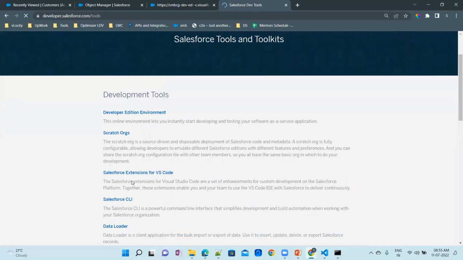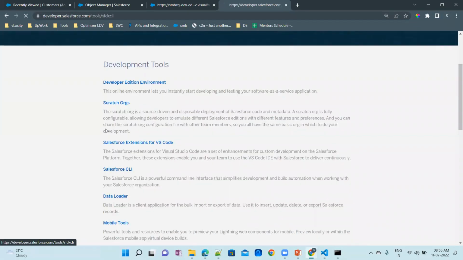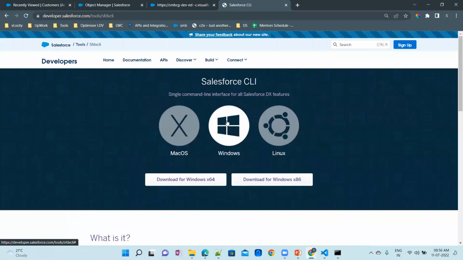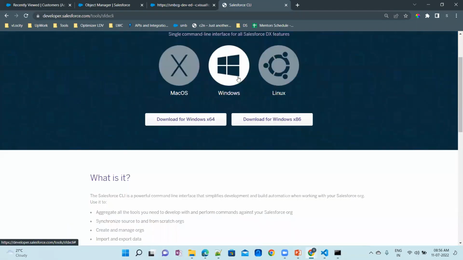Tools, enter. You can see an option called Salesforce CLI. Just click on this option, choose your supported operating system, and click on this link. A software will be downloaded. Just open that software and try to install it. Once the installation has been done,